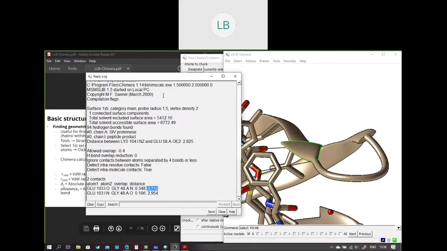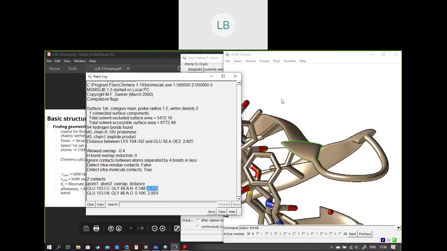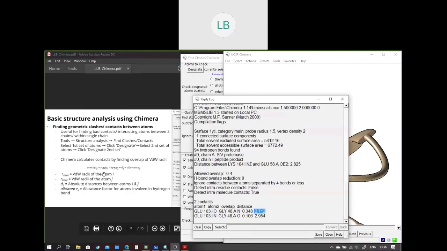How exactly does it calculate the van der Waals radii overlap? So it calculates using this formula where overlap is van der Waals radius of atom I plus van der Waals radius of atom J minus the absolute distance between two atoms, and there's an allowance factor as well.